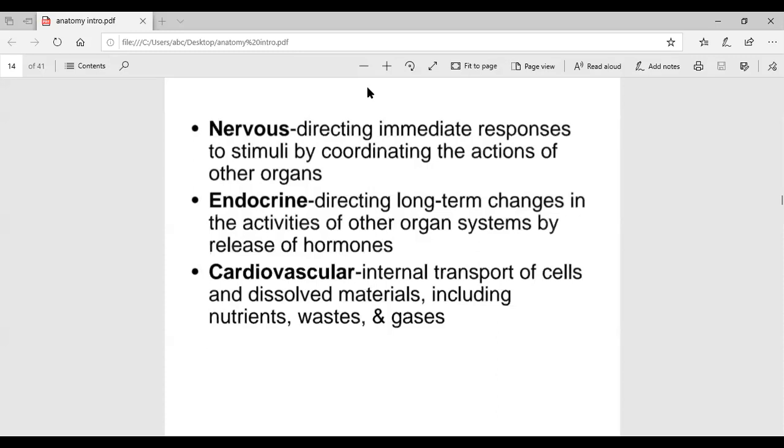So what does the cardiovascular system do? What does the heart do? It is basically a pump. It is not an electric motor pump, but it usually functions with the help of our brain. The brain sends a signal to the heart, which pumps and sends blood to different parts of the body. So whatever we eat, whatever substances are to be collected by the blood are taken by the blood vessels to different organs. So this is the function of the cardiovascular system, that is, transport of cells and dissolved materials to different parts of the body. It even transports gases.